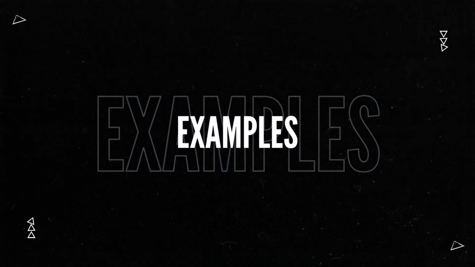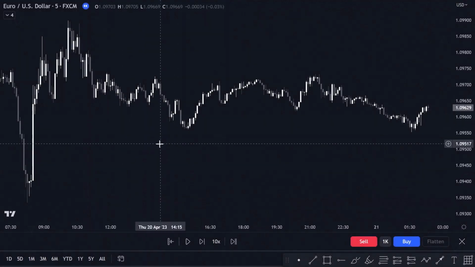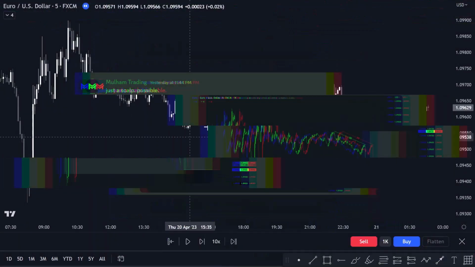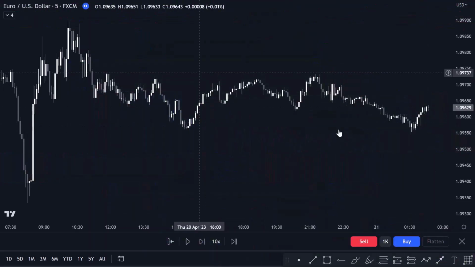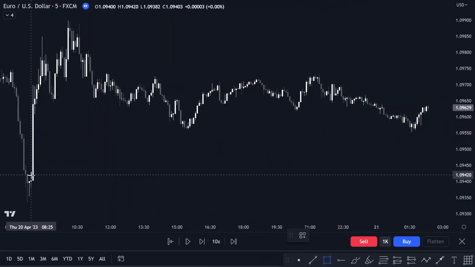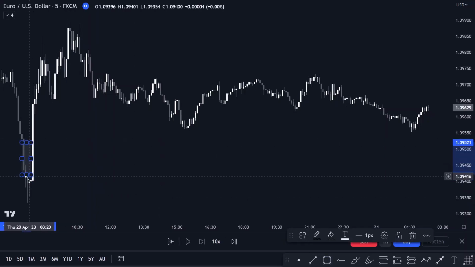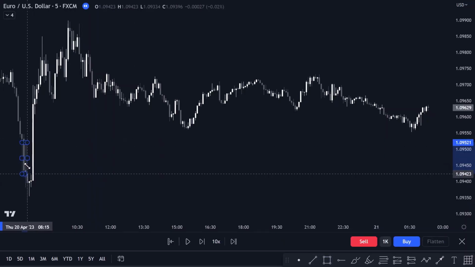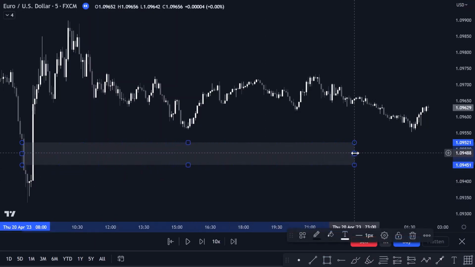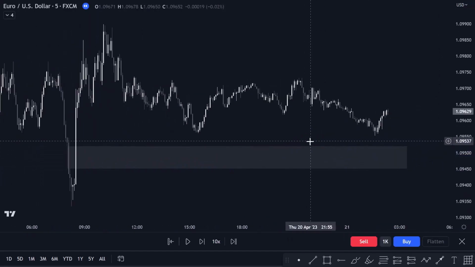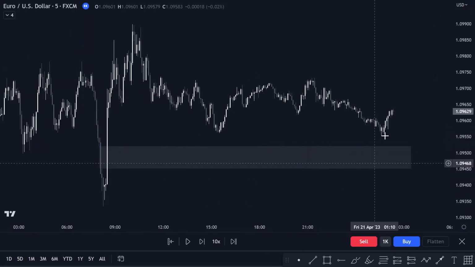So for the first example, I would like to cover a trade that I entered yesterday. It was on Friday, April 21st. Basically, what I saw here is, first of all, this order block here, but then I took the balance price range from here to here. This is the balance price range, and it was not mitigated, so I was positive about this balance price range,